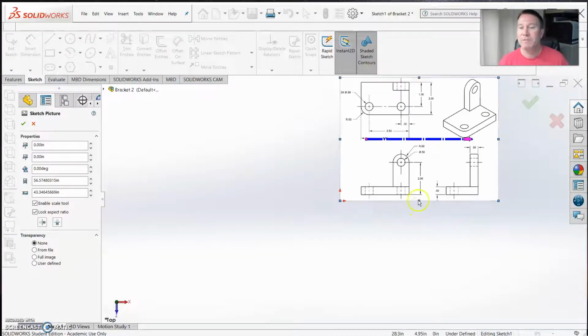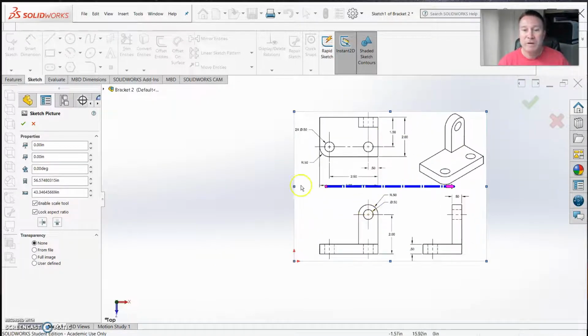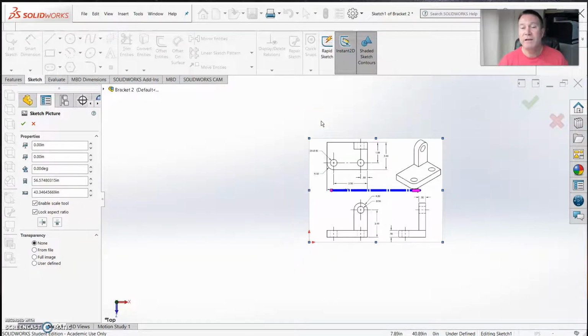Oops, opposite direction. Zoom out. It puts your picture's origin in the lower left corner. Now remember, we chose the top portion here to be what we're going to work off of. So to make it easier for myself, I'm going to pick this top corner over here on the part to be the origin